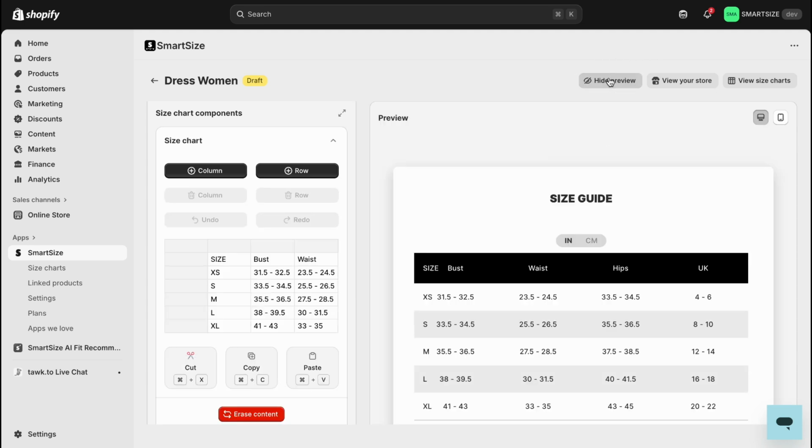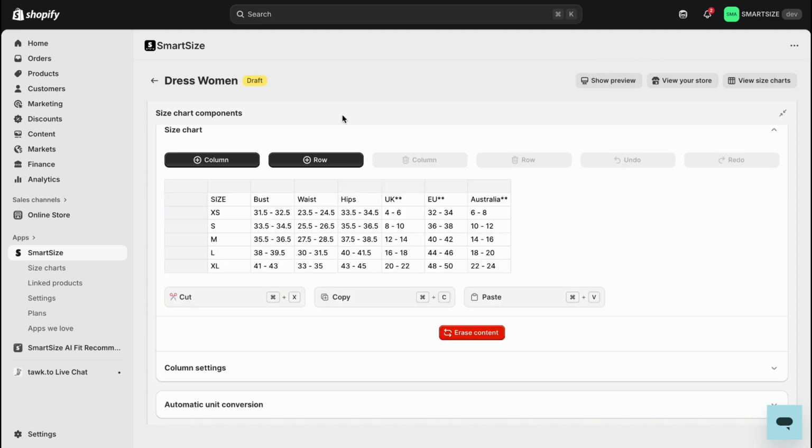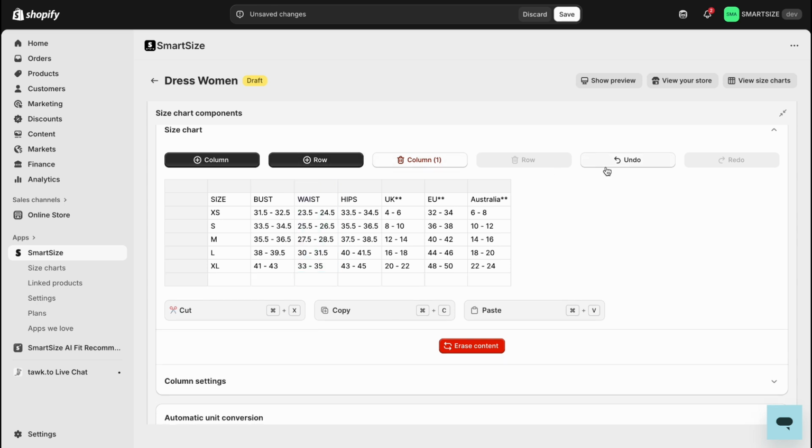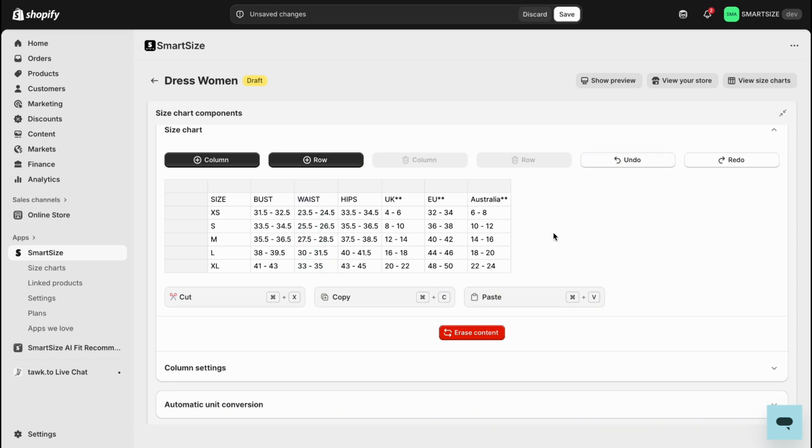You can easily edit the rows and columns to include measurements like bust, waist, hips, or any other values specific to your product. You can add columns, rows, delete them, or undo your changes. You can rename headers, rearrange the order, and adjust sizes as needed. And if your data is stored in a spreadsheet, simply copy it from there and paste it in the size